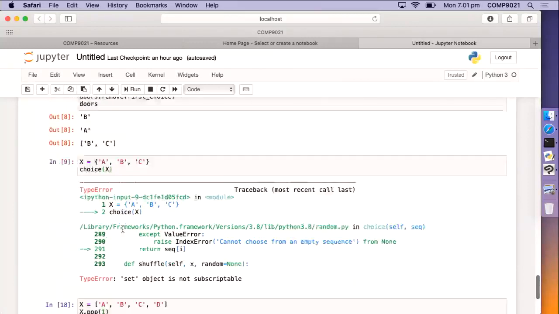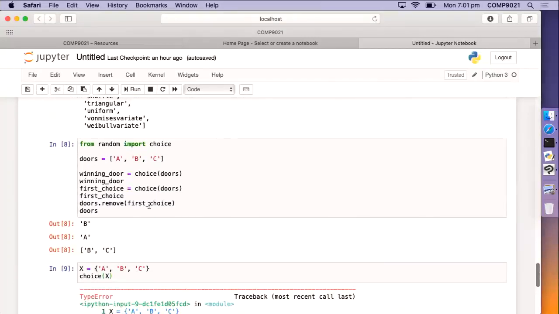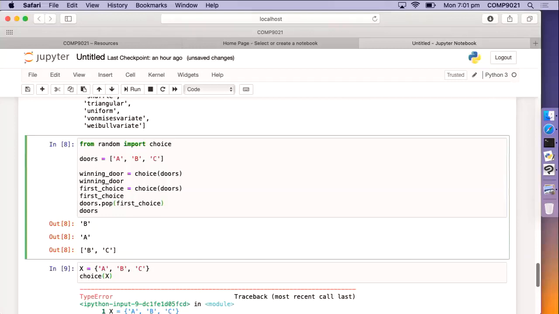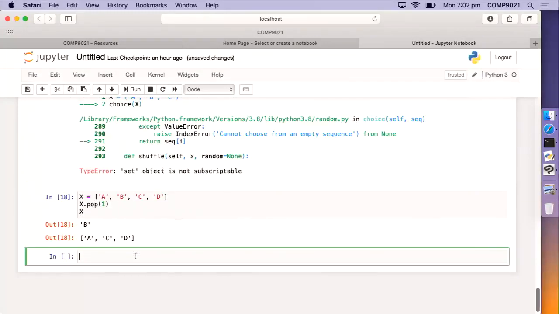So we should prefer pop to remove. But for that, if you want to replace remove by pop, first choice should not be one of A, B, or C, but should be an integer between 0 and 2 included, right? So from random, we can import randrange. Okay, so we haven't seen the range function yet. Range of 3